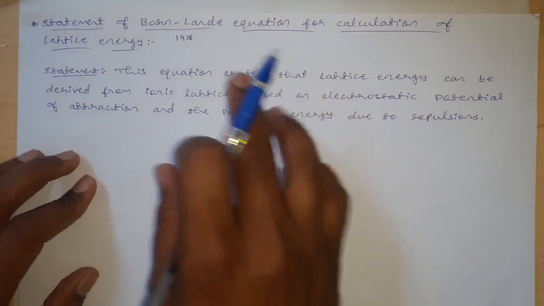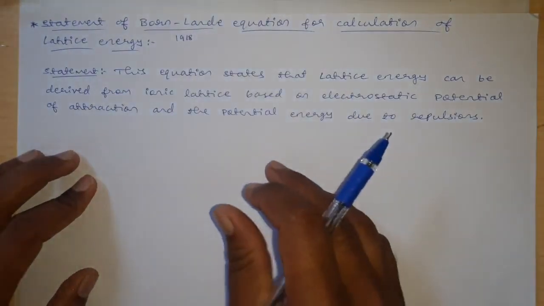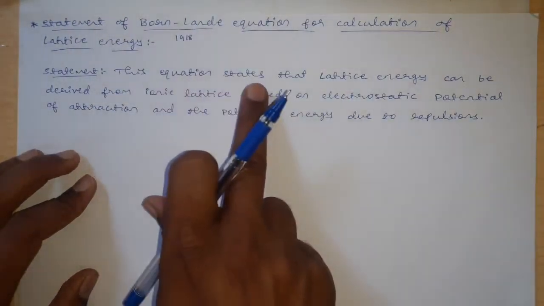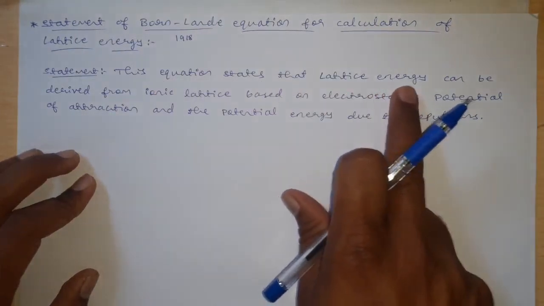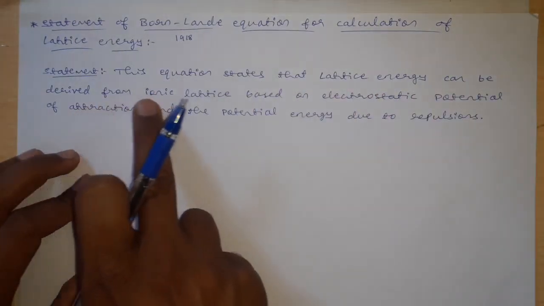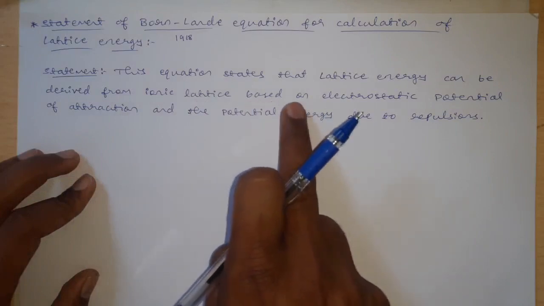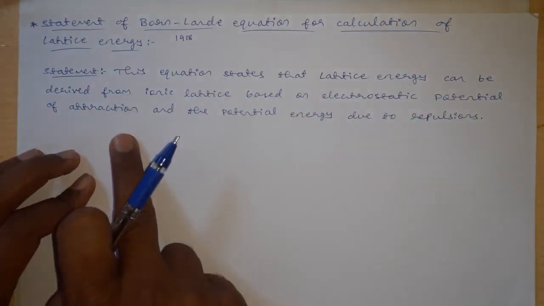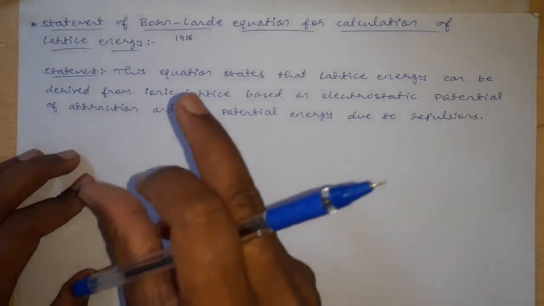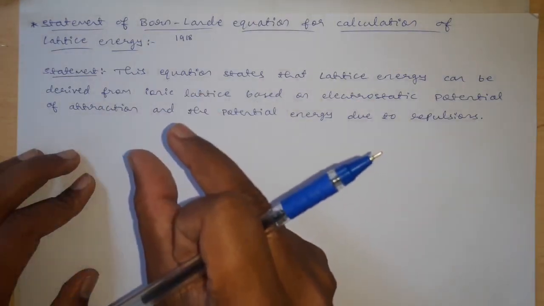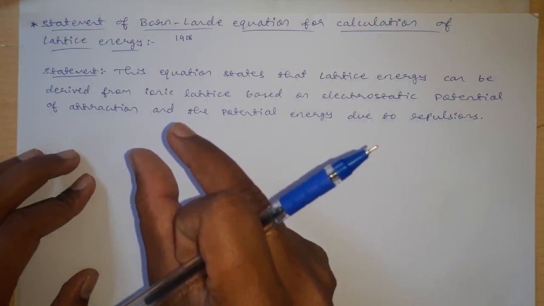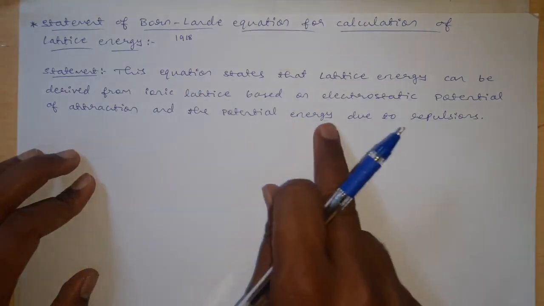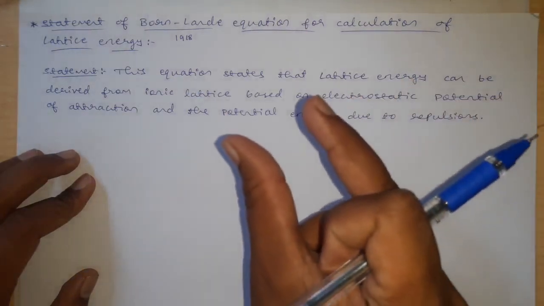This is the statement of the Born-Lande equation. The equation states that lattice energy can be derived from the ionic lattice based on the electrostatic potential of attraction of the combining atoms which are forming the ionic solid, and the potential energy due to the repulsion of those combining